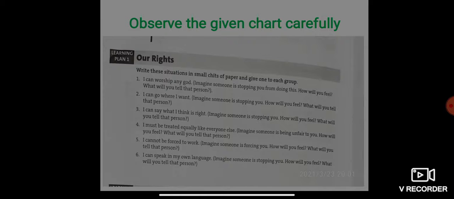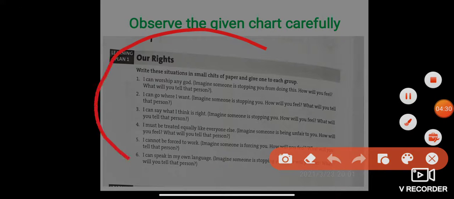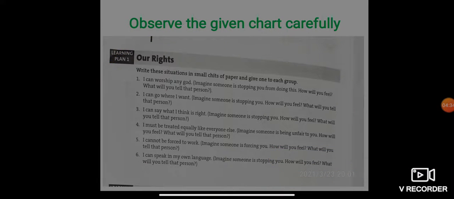So this is your resource sheet. I want all of you to go through this properly. I'll give you time and then you can go through it. To proceed further,